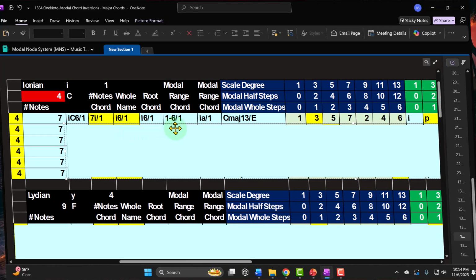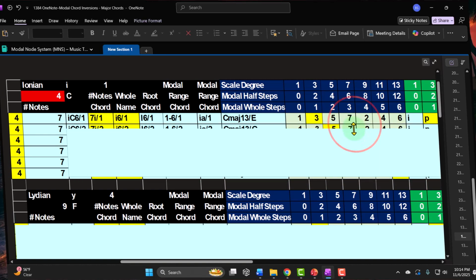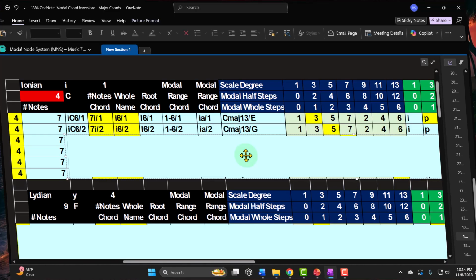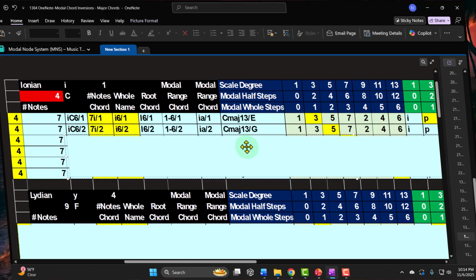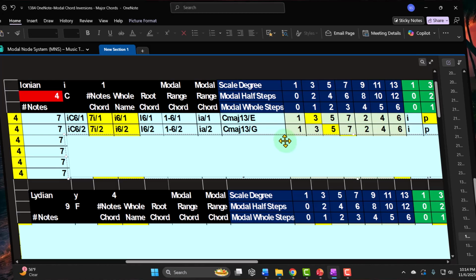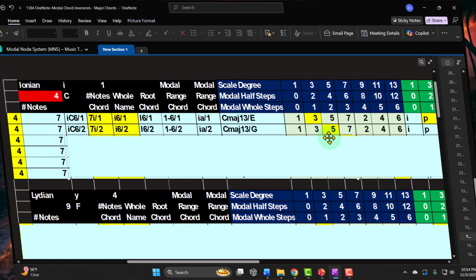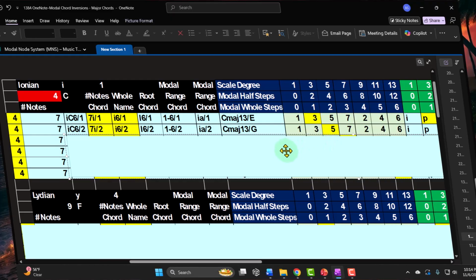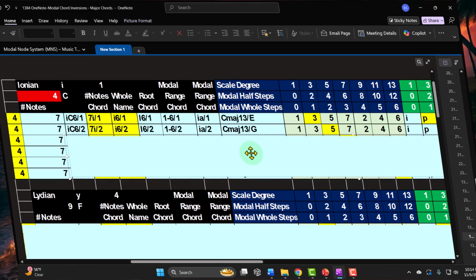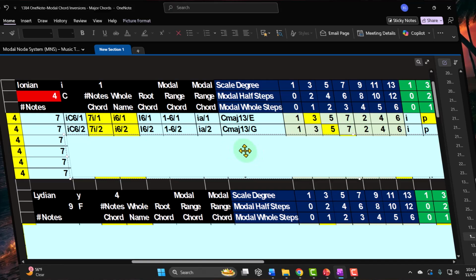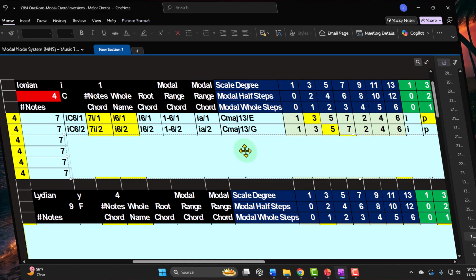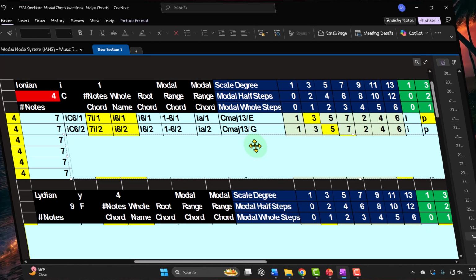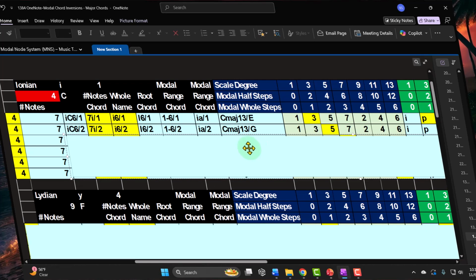But anyways, those are going to be... what if I had then a second inversion? Well, then it would just be normal naming convention, C major 13, but it's going to be inverted on the G, meaning that the node number 5 happens to be a G in the collection of notes around the key of C. Again, that's not very efficient because it's not transposable, because you have 2 notes in it. So if you have a different collection of notes, you're going to have to transpose the C and the G to something different. And it would be nicer to just call it a